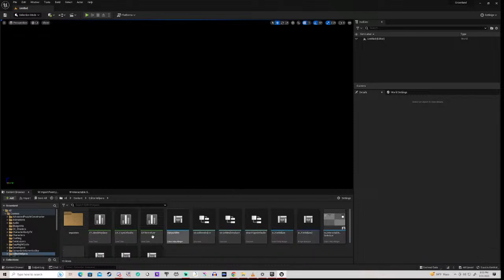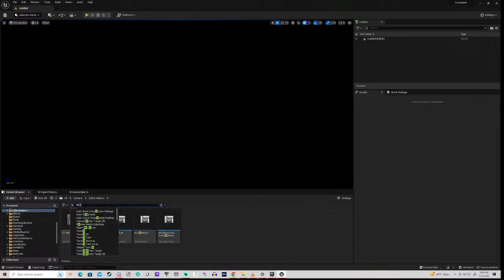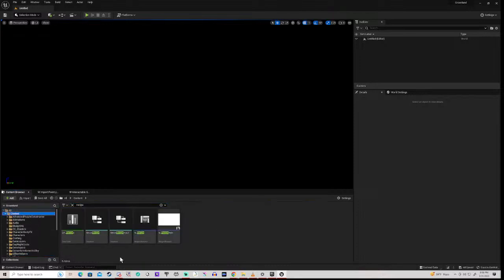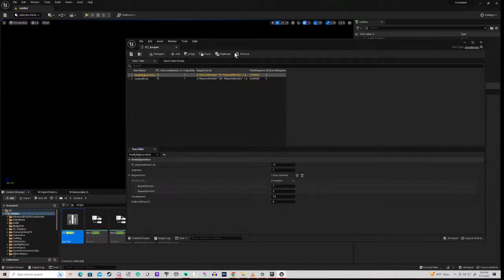So yeah, data tables. I actually use them rather extensively here as well. A good example is recipes. Not that there are many recipes, but it will give you an idea. We've got a struct recipe, and our data table. We've only got two entries in there, but basically what it does is